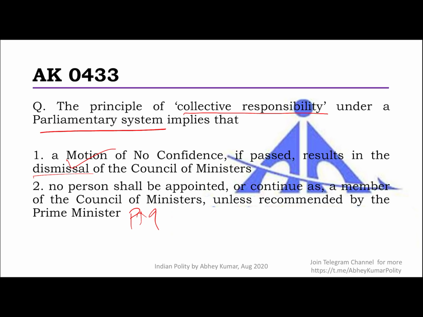So any disagreement shall be either managed within the team, accepted by the Prime Minister, or resolved through resignation of the minister, or the Prime Minister's recommendation to the President for removal of the minister, right? So ultimately, this is the spirit behind being one team. They stick together, they stay together, right? And if somebody is not agreeing, then they must leave also. And it is enforced through the role of the Prime Minister there. So I hope you got some more understanding here.